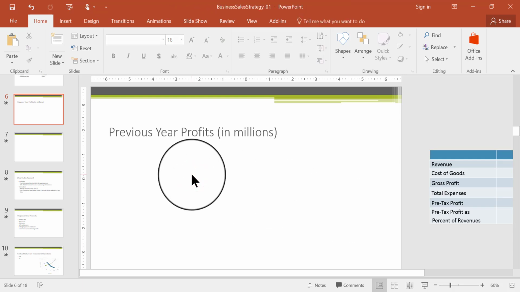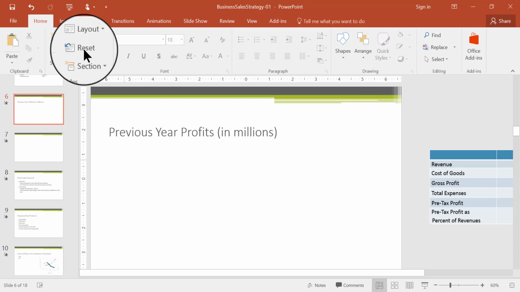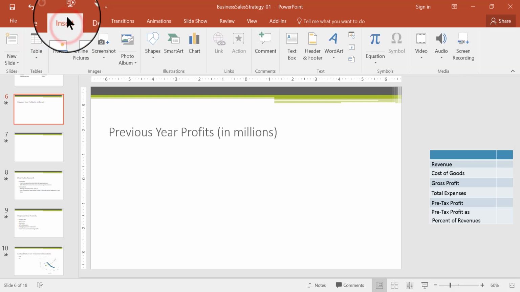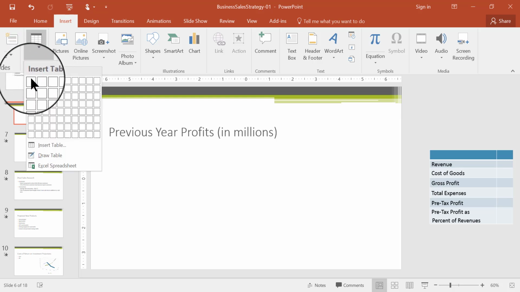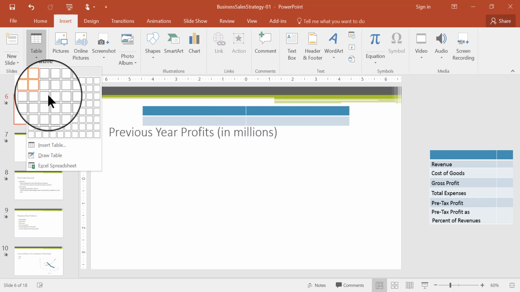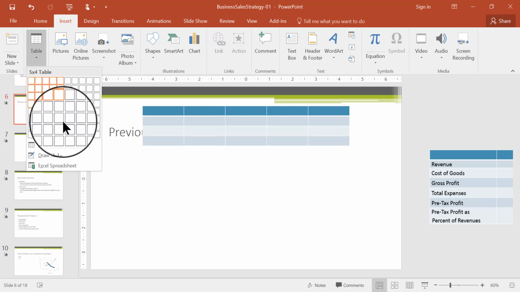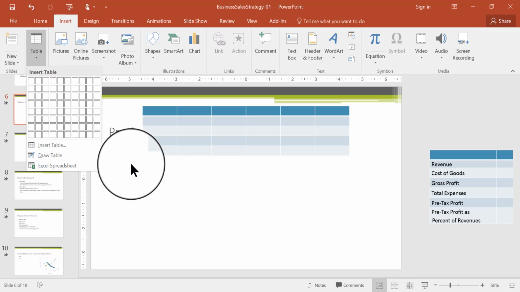So in this example, I'm just going to start a slide, a table. I'm going to insert a table. So a table can be inserted a number of different ways, but the first thing that you can do is go to Insert, the Insert ribbon up here, and just click Table, and you can just hover your mouse. I'm not clicking anything or dragging. I'm just hovering it to see what kind of table I want. Okay, another thing I can do, I'm not going to click anything. I'm going to move off of that